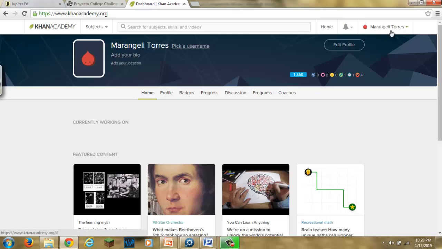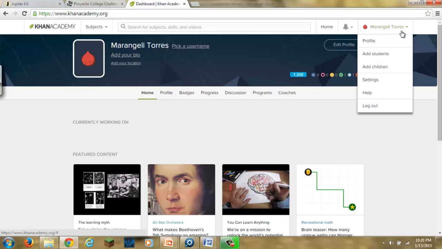Once you've chosen your avatar, I want you to go to the top right corner of your screen, and that's where your name appears. If you don't see your name and you see a whole bunch of numbers, I will show you how to change that later. For now, I want you to join my class. So hit this drop-down menu, go to Profile,